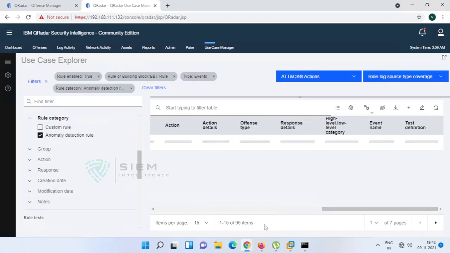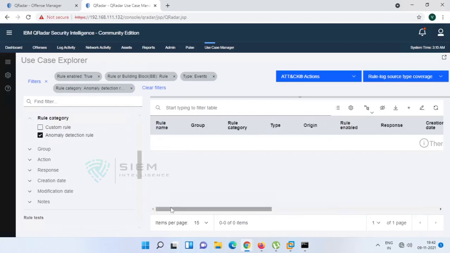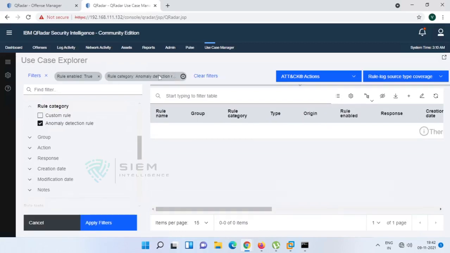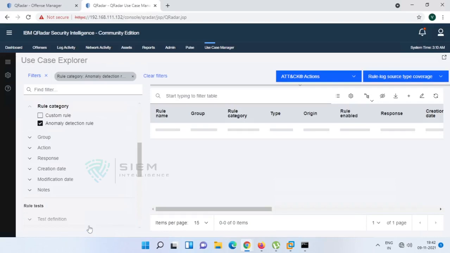You can check. No such criteria is there. So I want to clear all this, see whether it is there or not. Anomaly rules, there should be some anomaly rules.